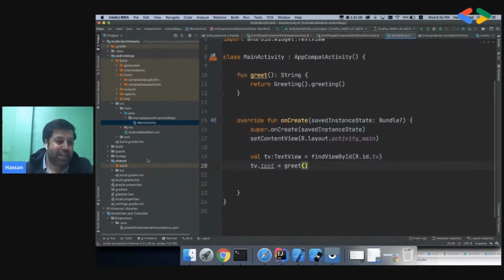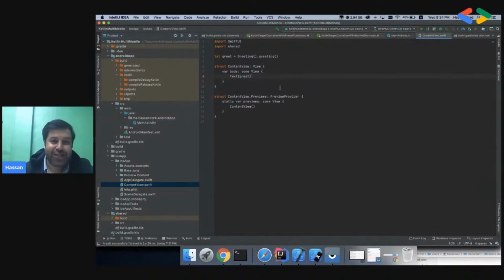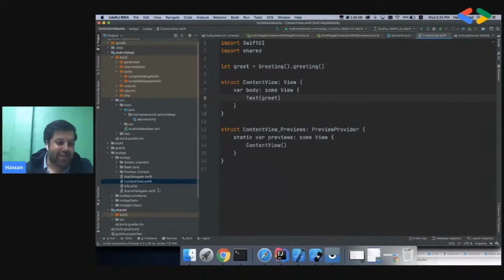Similarly for iOS, one interesting thing is that this app will use SwiftUI, which is more like Jetpack Compose. I can show you here. They make this kind of view using SwiftUI, which is very surprising for me. And then we have some shared code here.